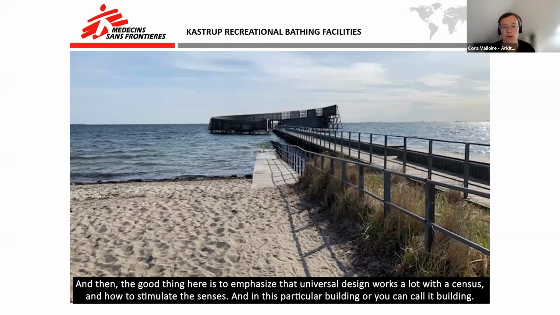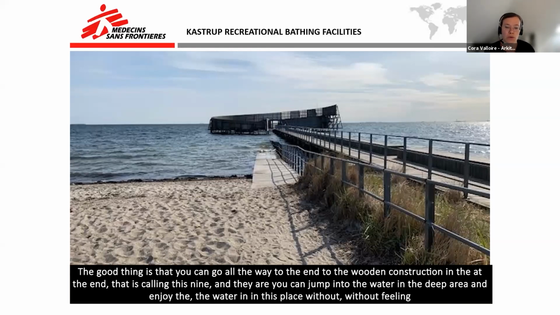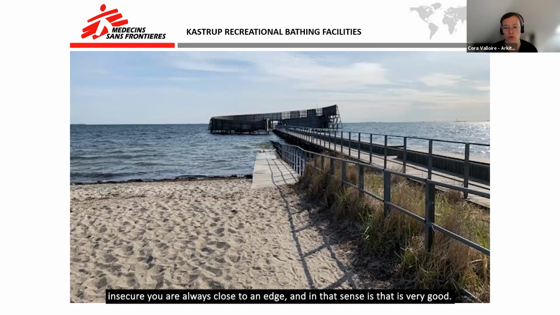In this building, if you can call it a building, you can go all the way to the wooden construction at the end, called the Snile. There you can jump into the water in the deep area and enjoy it without feeling insecure. You are always close to an edge, and in that sense it is very good.